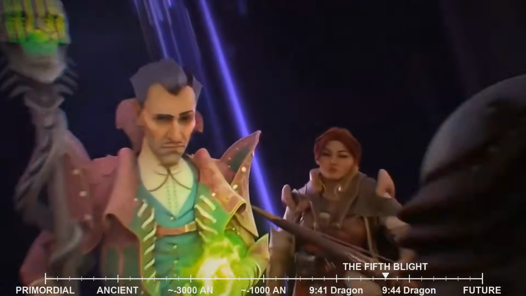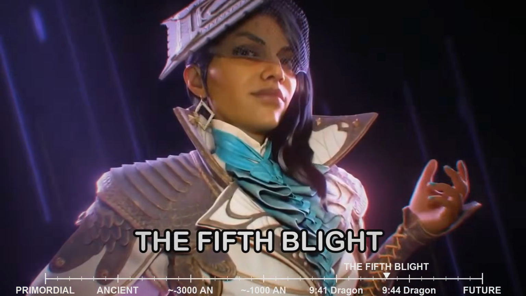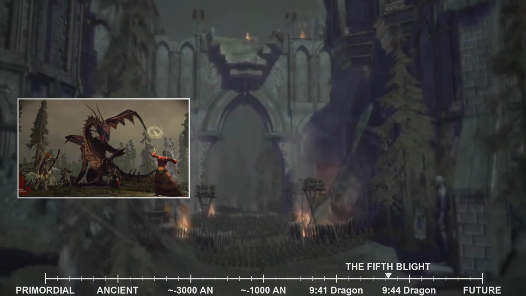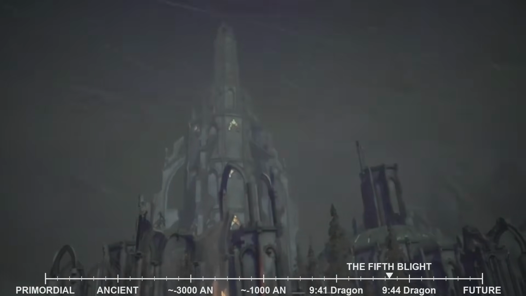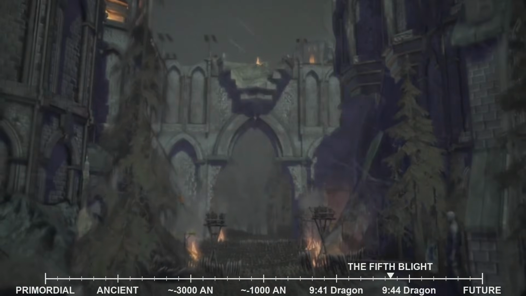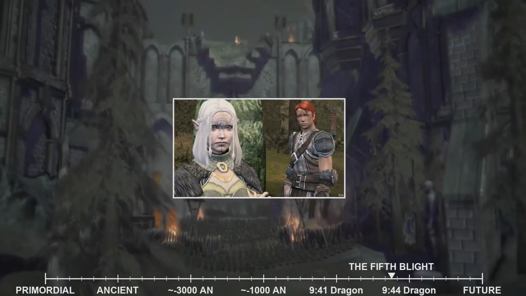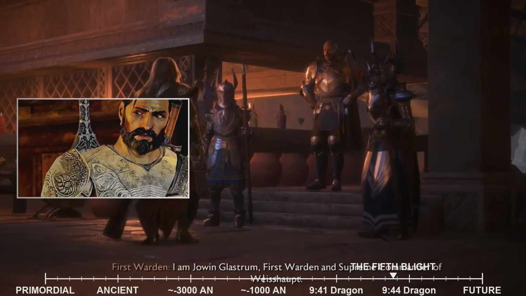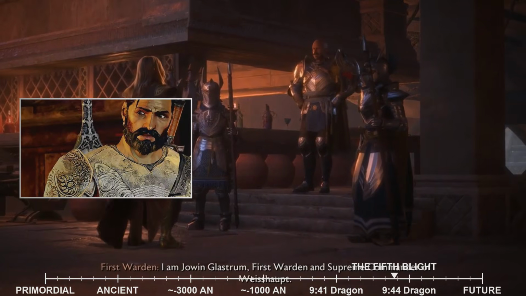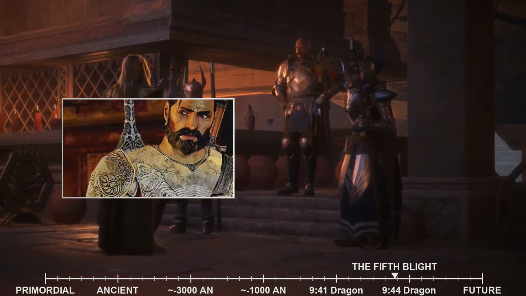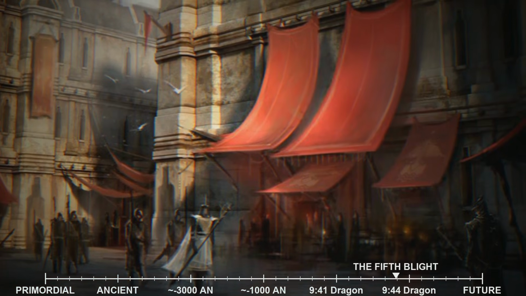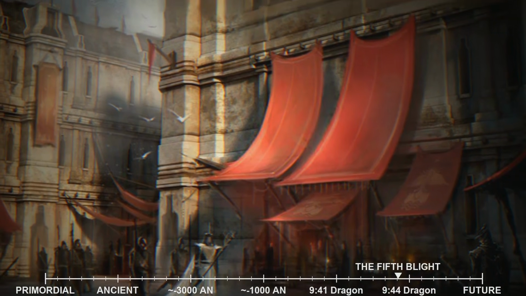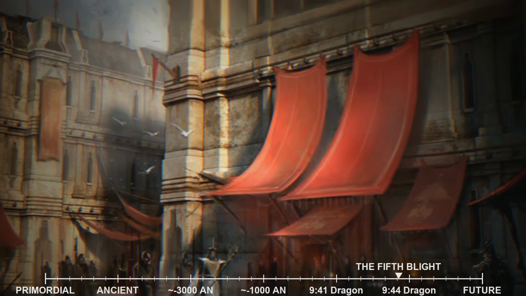Your journey into the heart of the Fifth Blight began with your origin story, a pivotal narrative thread that explored your background and the circumstances that led to your recruitment into the Grey Wardens. Whether you were a human noble, a city elf, a Dalish elf, a dwarf commoner, a dwarf noble, or a mage, your path ultimately converged with Duncan's, who, recognizing a unique spark within you, saw the potential for a Grey Warden. Each origin story offered a distinct perspective on the social and political landscape of Ferelden, highlighting the various injustices, prejudices, and power struggles that defined the era.